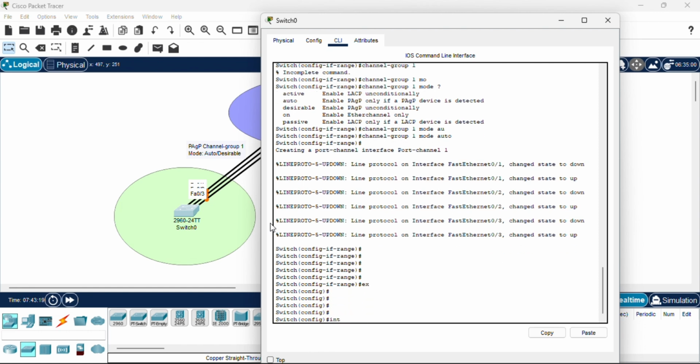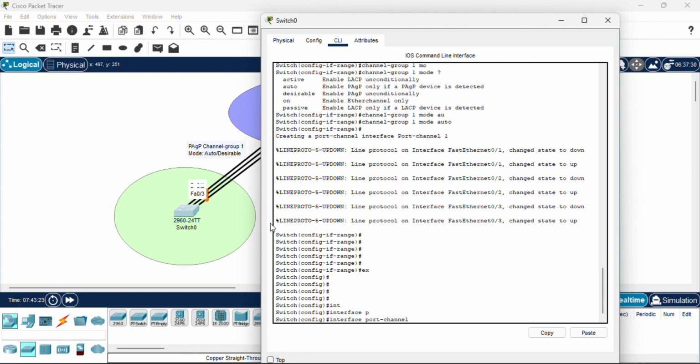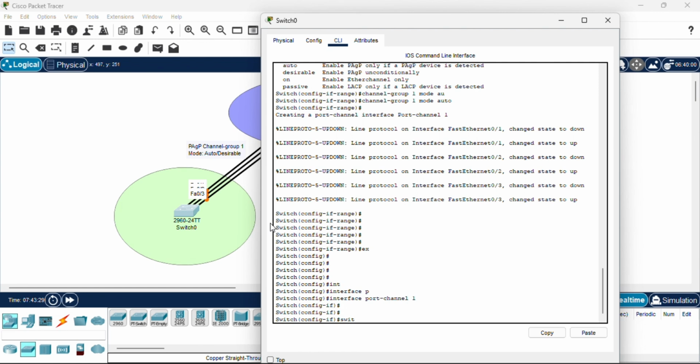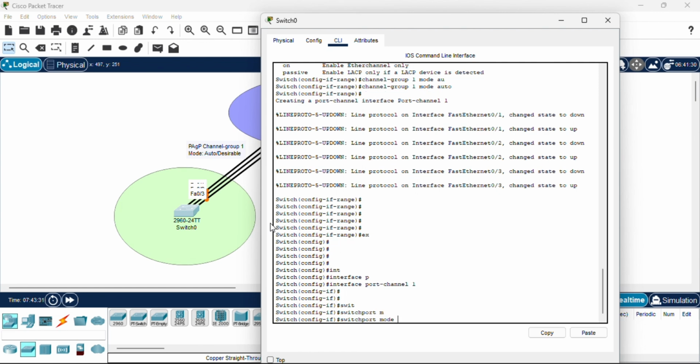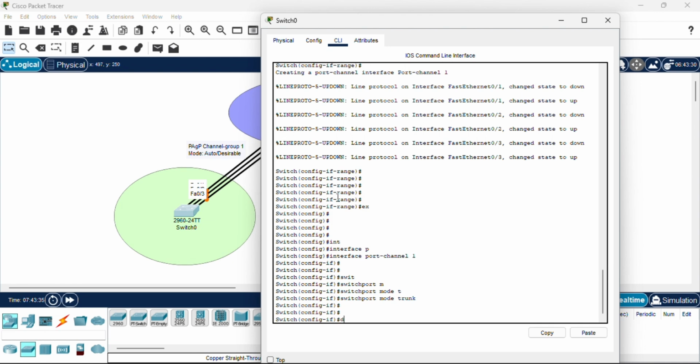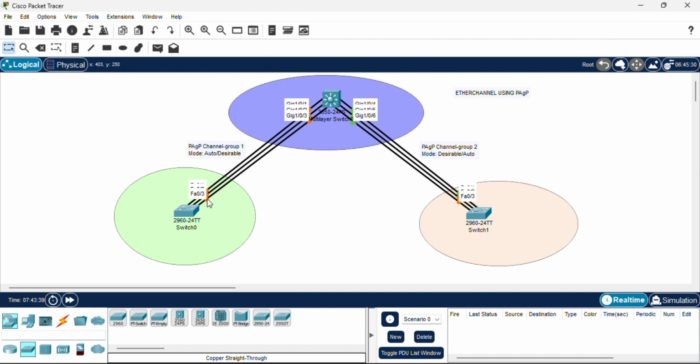Come to the interface port channel, because we already created it. So it's going to be the port channel 1. See now, everything has come to amber or orange color. So we're done for this part. So let's do it for